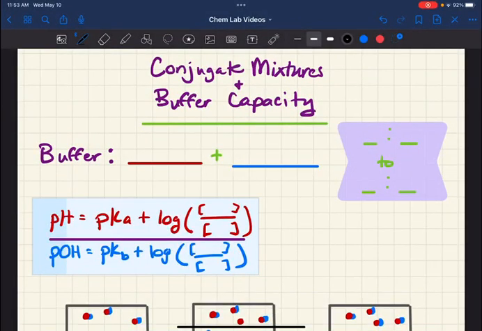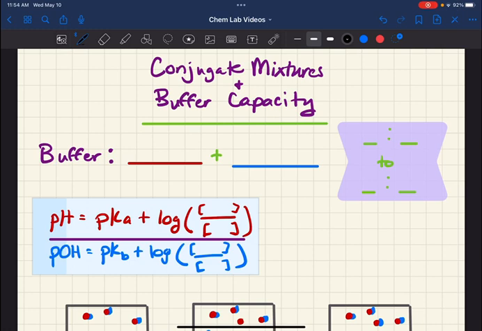For this lab, you will be looking at the capacity of various buffers and the effect of conjugate mixtures on the properties of a buffer. And so first we must define what a buffer is. You may have already covered this in lecture, but a buffer is a combination of the acid and base conjugates that are weak in nature that can interconvert between one another depending on external stimuli applied, like addition of strong